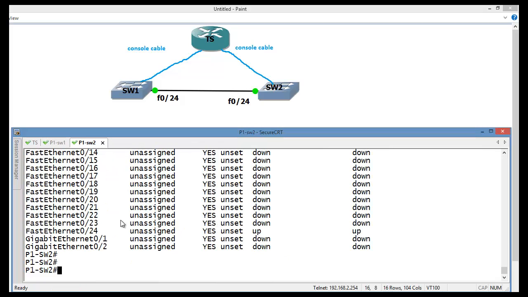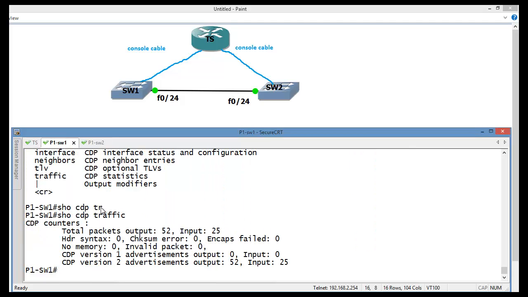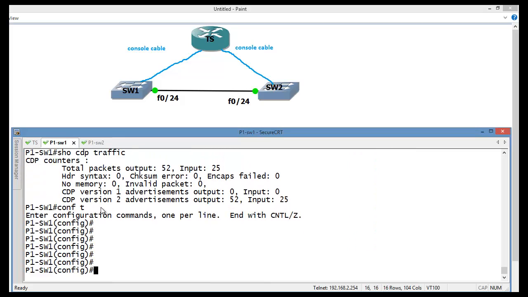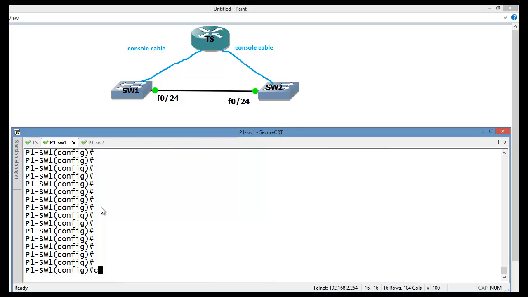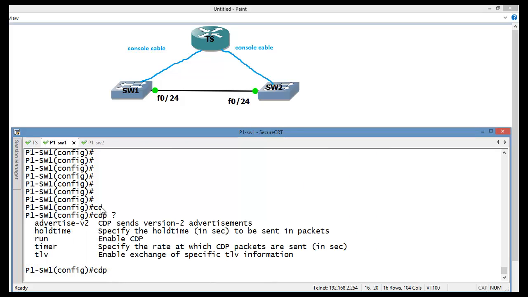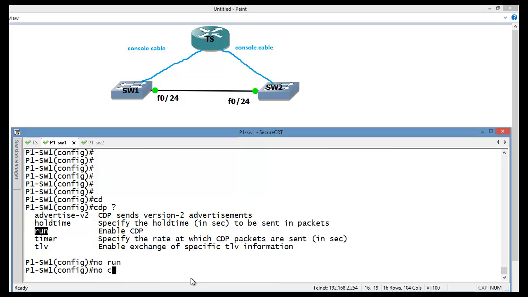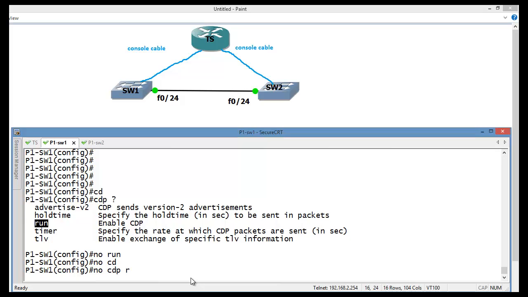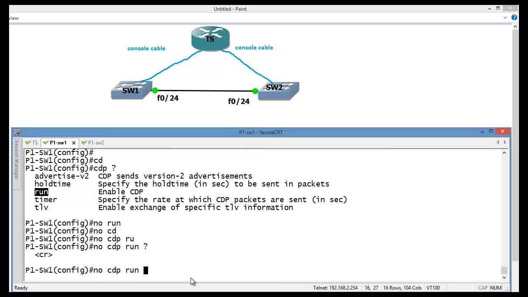Similarly, you can verify on the other switch, but I'm not going to verify the same thing on the other device. I would just like to change some configuration. If you use no CDP run, you're going to disable CDP.